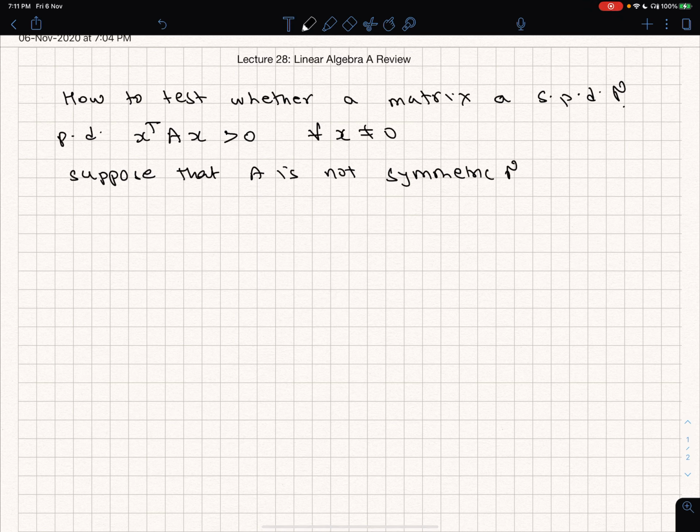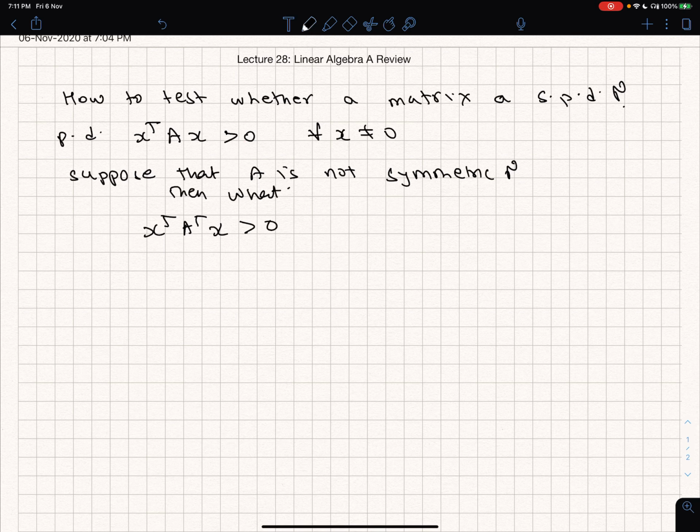Suppose that A is not symmetric, then what? So now look at the transpose of it. If A is a positive definite matrix, A transpose is also a positive definite matrix. Because if I transpose x transpose Ax, this x comes here as x transpose, this x transpose becomes x here, A becomes A transpose, and everything being a scalar. A is an n cross n matrix, x is coming from Rn and A is a real n cross n matrix. So x transpose A transpose x is also greater than 0.